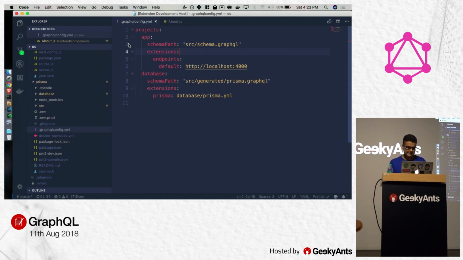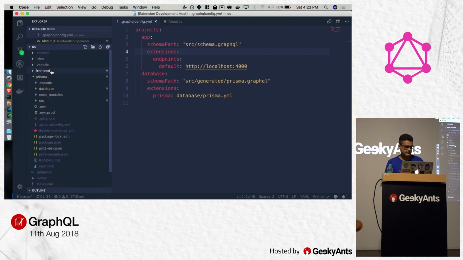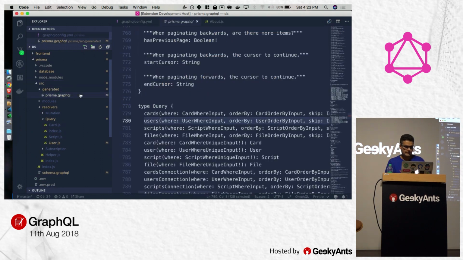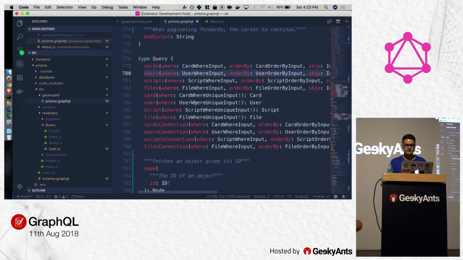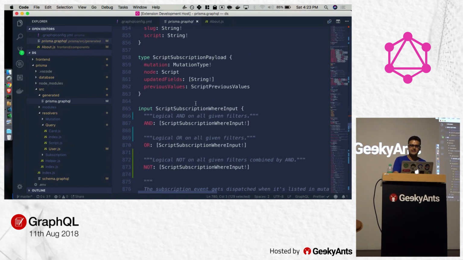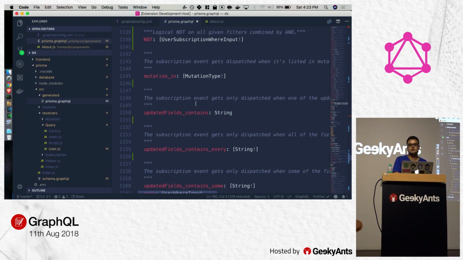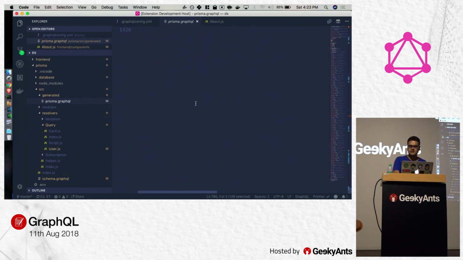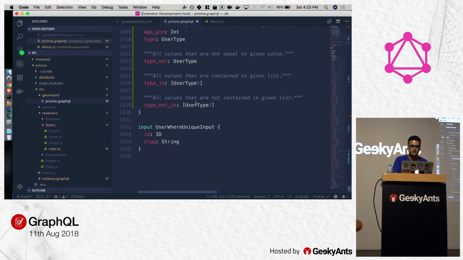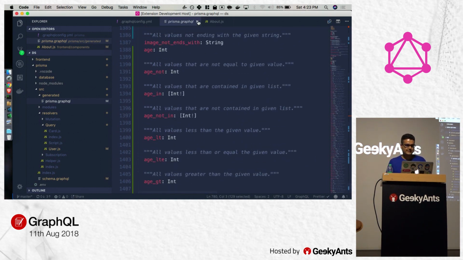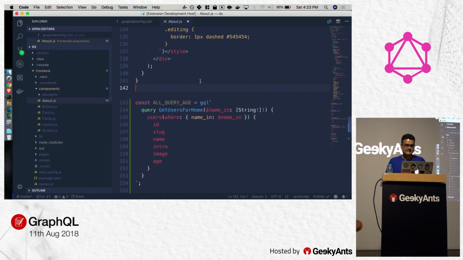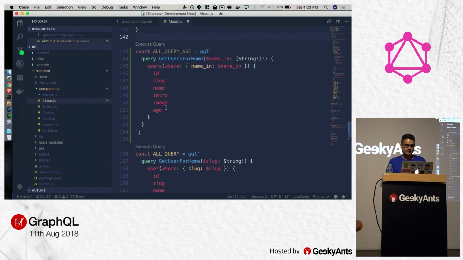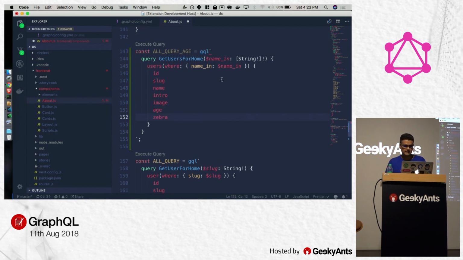What it provides to us is a lot of stuff, starting with syntax highlighting in a generated code. By the way, this is a schema generated by Prisma for a database, and that's like 1,400 lines of code for you, and it provides auto completion within this. It provides syntax highlighting inside GQL tags,